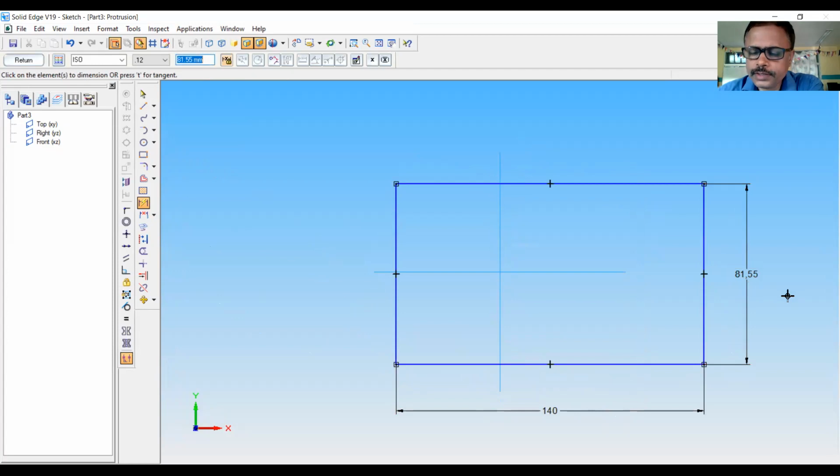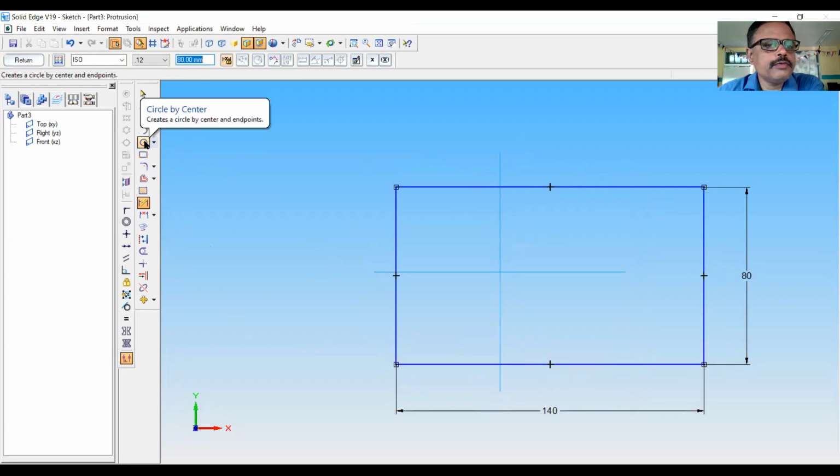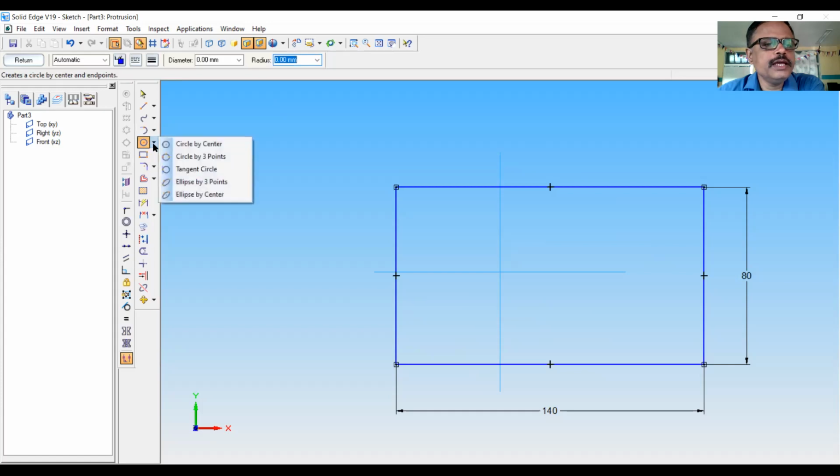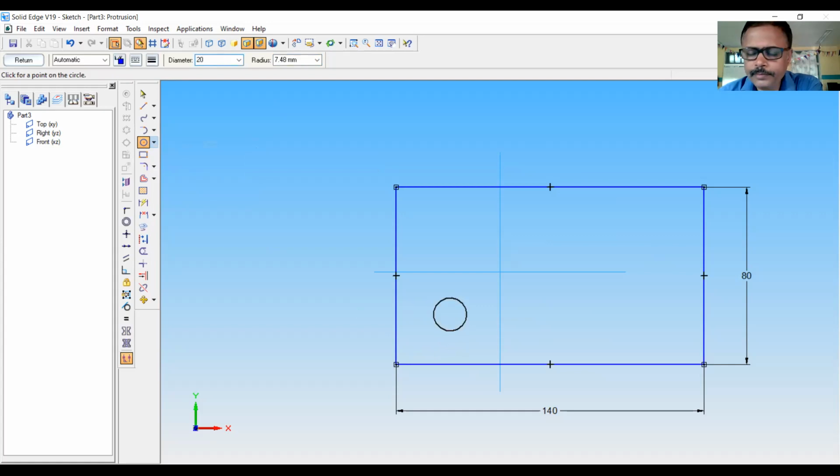This dimension is 80. And there are holes. We can do it here itself. I am using the circle by center method. Draw the circle of diameter 20.